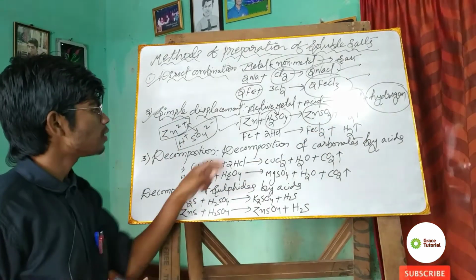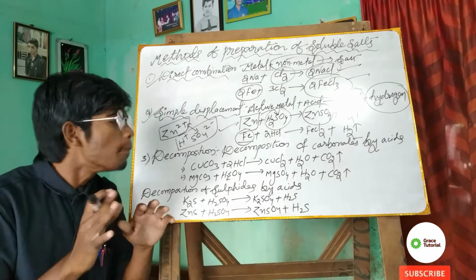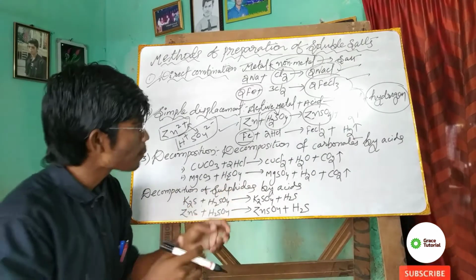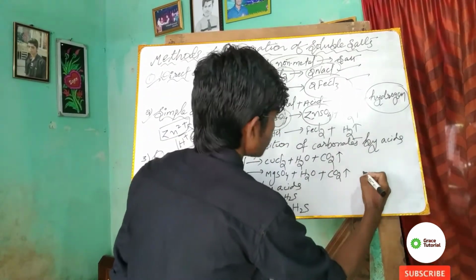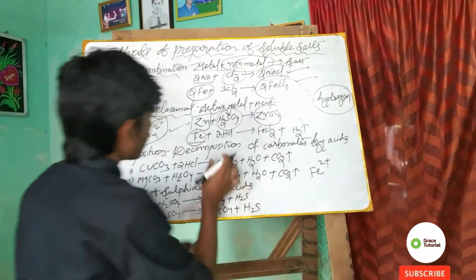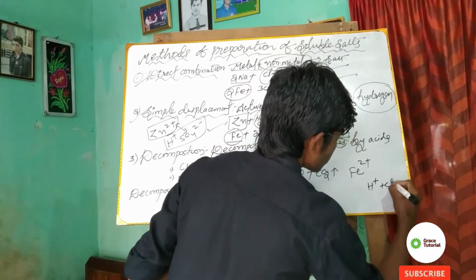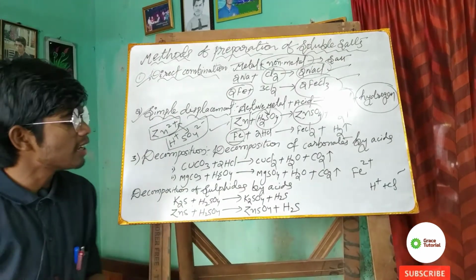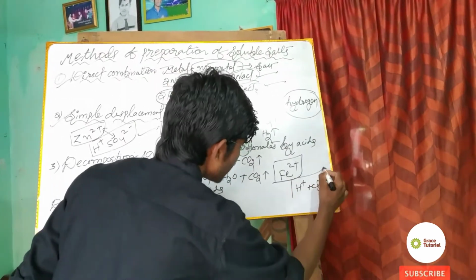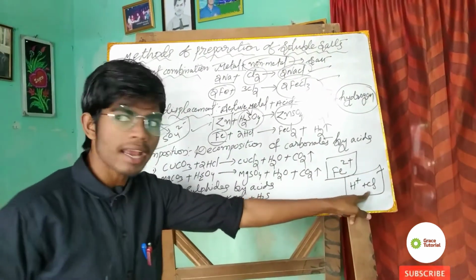Well, we have one more example, that is the iron atom. Iron is also a metal. When this metal reacts with an acid like HCl, hydrochloric acid, what happens generally? We have the metal Fe. If you write the metal as Fe2+, and if you dissociate this hydrochloric acid, you will get H+ and Cl-. So what happens here basically? The Fe2+, since it is a positively charged particle, reacts with the negatively charged one of this compound. That means the Fe2+ reacts with Cl- to give